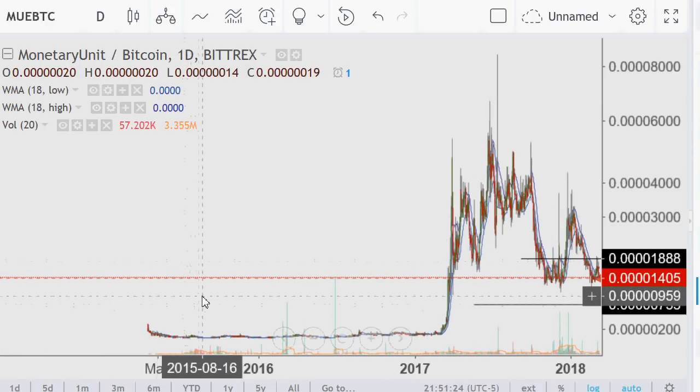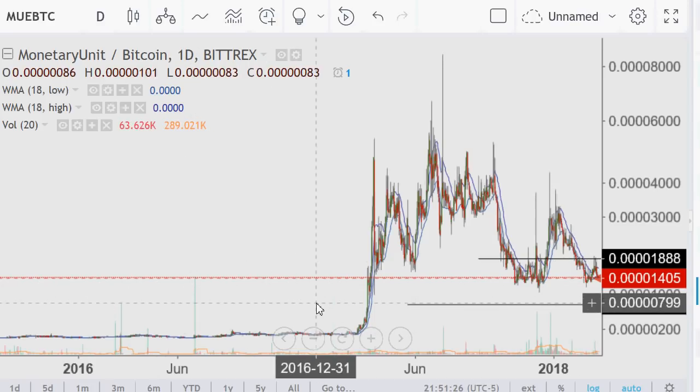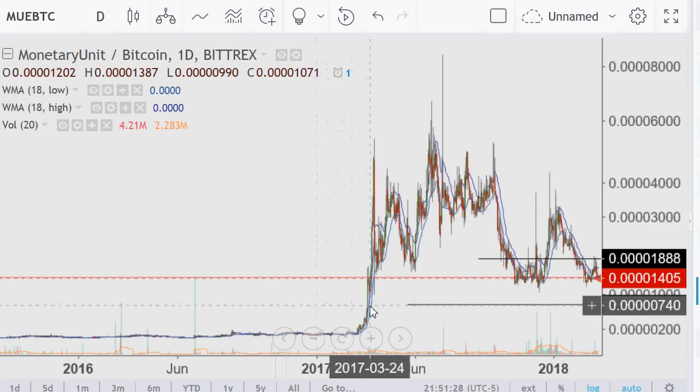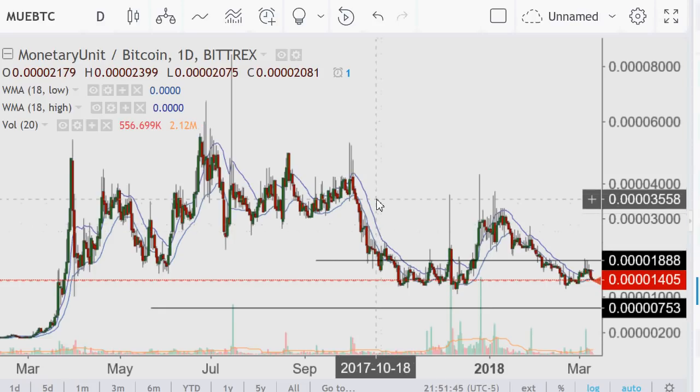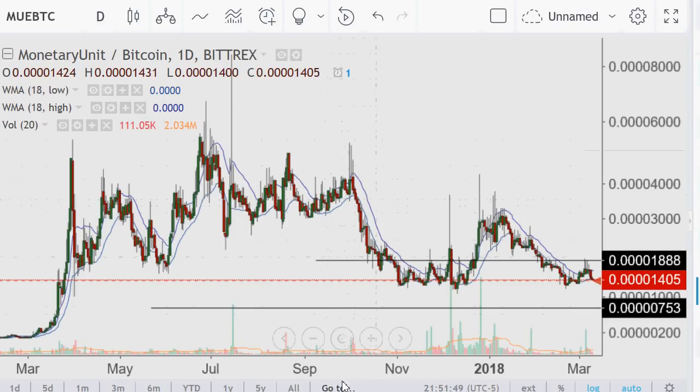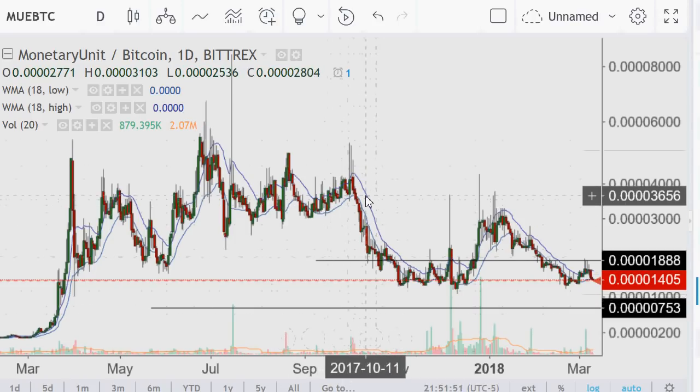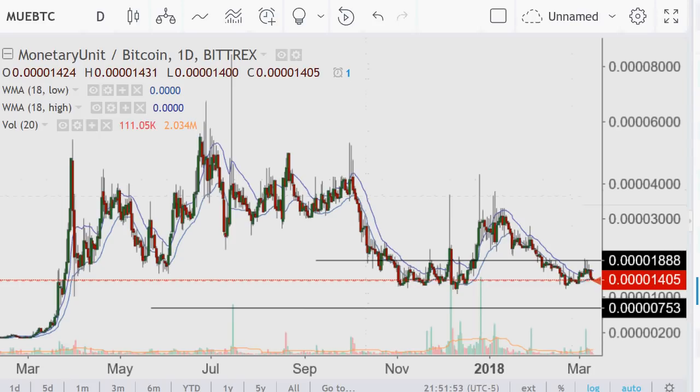That would be the area I'd be looking for, and this would be lows not seen in about a year against Bitcoin, if it happens to get there. This is a very poor log scale that I'm looking at. If you look at this chart on Bittrex or TradingView, not TradingView, but CoinMarketCap rather, on a log scale, and any log scale with proper logarithmic settings from high to low would show a much better long-term bullish picture, but